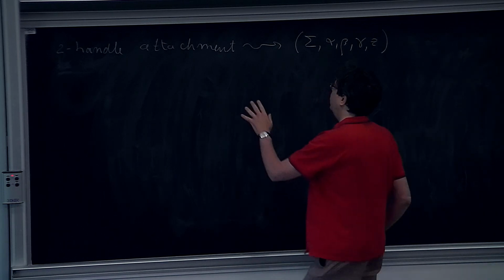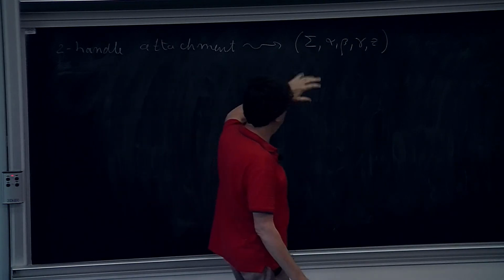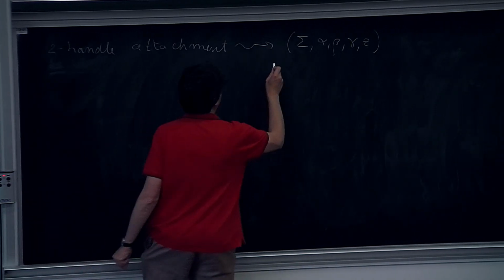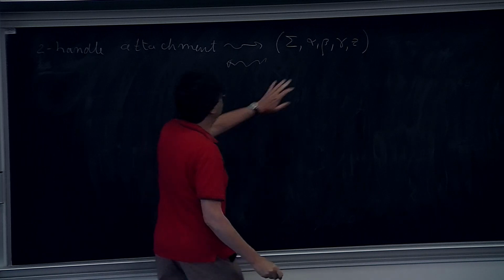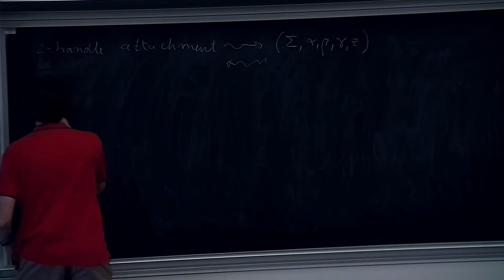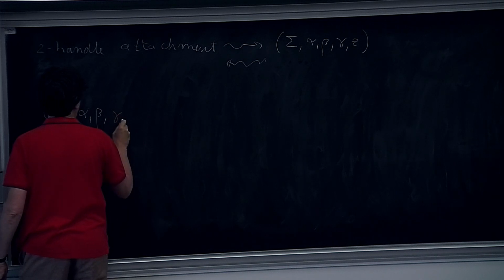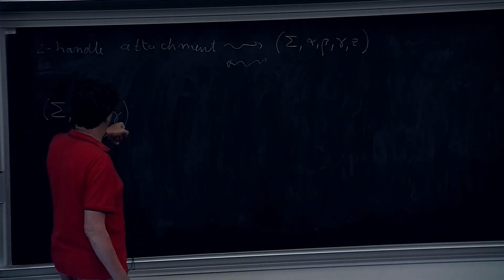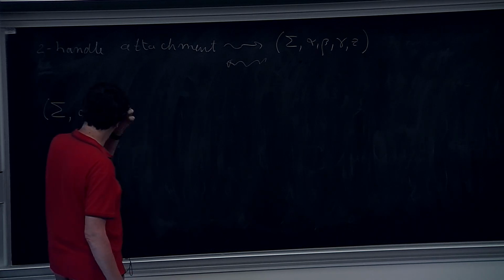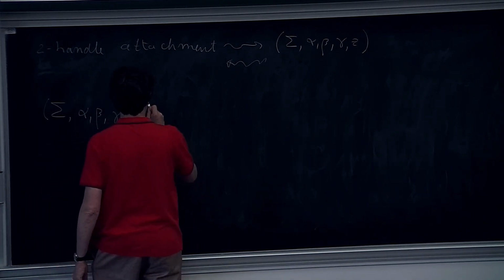And while we did it in detail only for when we attach only one handle, if there are more, I will leave it to your fantasy. Now I will briefly describe how to go back. So suppose we have a triple diagram. I mean, there will also be a base point for holomorphic curve reasons, but just for topology, this is superfluous. Then from this, we construct a four-manifold